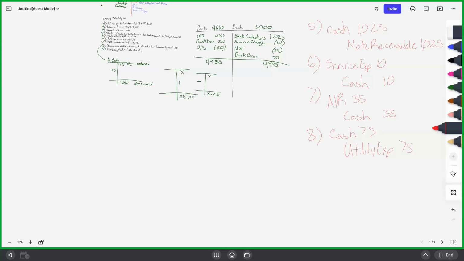So real quick, the Zoom room asks, why is cash credited in number 7? The reason cash was credited is, first off, when we look over to the adjustments, any of the times that we subtracted an amount, we also credited that amount. The biggest reason too is that a non-sufficient funds check means it had bounced. When the company thought they got paid, they found out they didn't actually get paid because the check bounced.